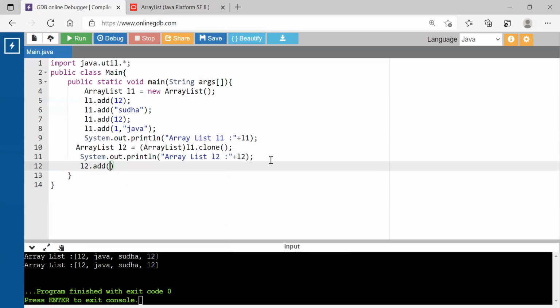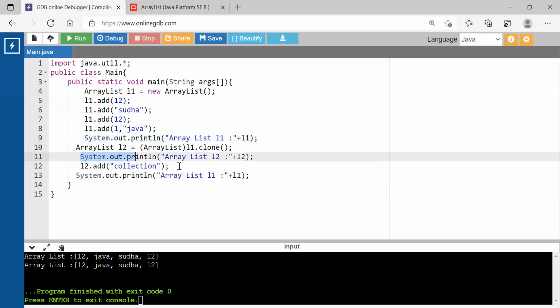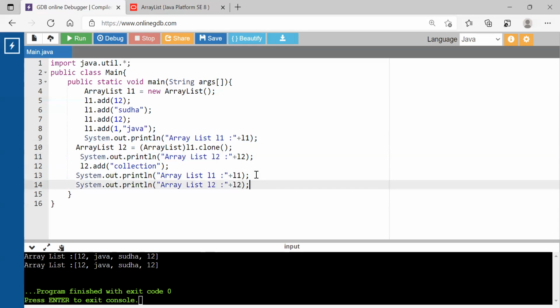I'm saying L2.add, and I'm adding a collection. So I have just added one element into L2. Now let me print L1 and also L2 to see how this addition will reflect.